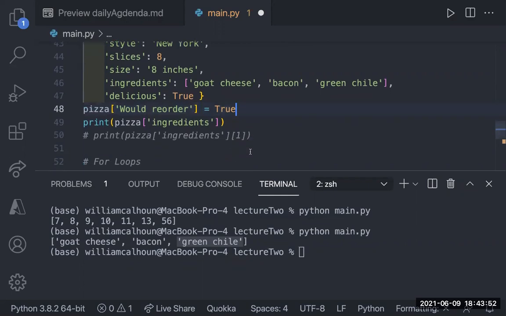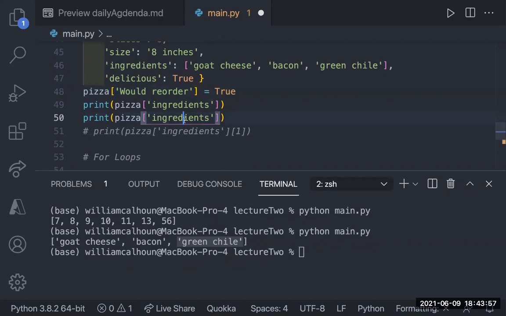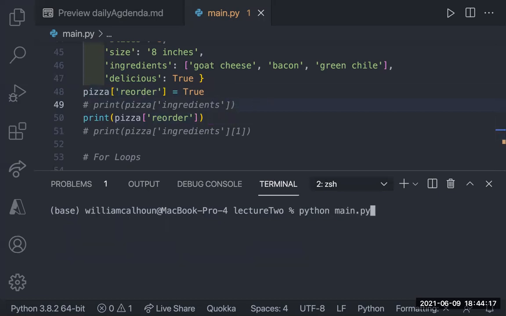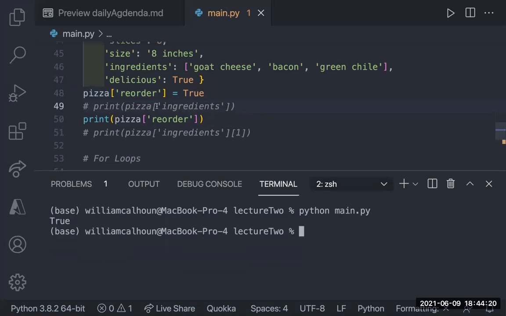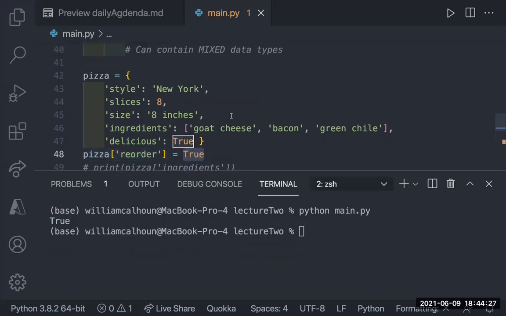So if I were to print, I'm just going to call this reorder. If I do this, you should see true. But I didn't have it, but when I do this, it looks and says, oh, that's not there. I'm going to go ahead and create it and add that to this dictionary.